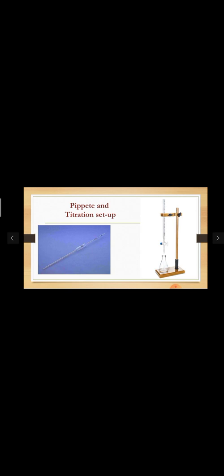Burette and pipette. After that, this is the full setup which I call titration, which is a very important practical in our chemistry for 11th and 12th. So this is the apparatus, or the setup, for the titration. You can observe here the burette stand is given. To the burette stand, a clamp is there, to which the burette is attached, and for the titration we require the titration flask, also called a conical flask. So these are the important apparatus for the titration experiment.